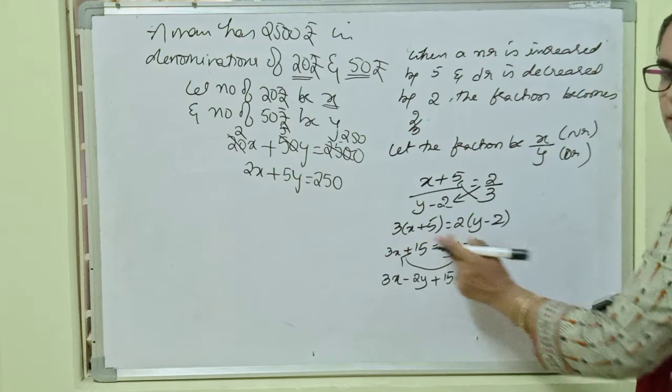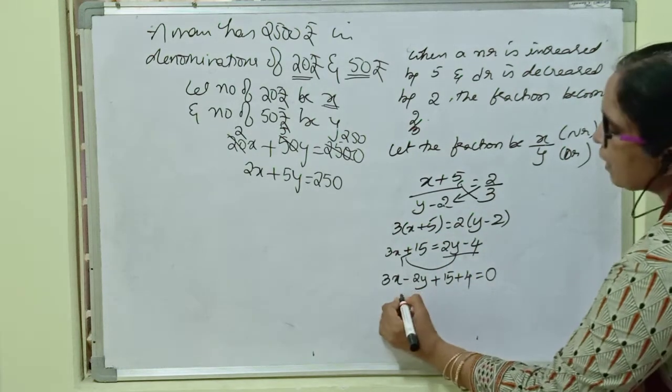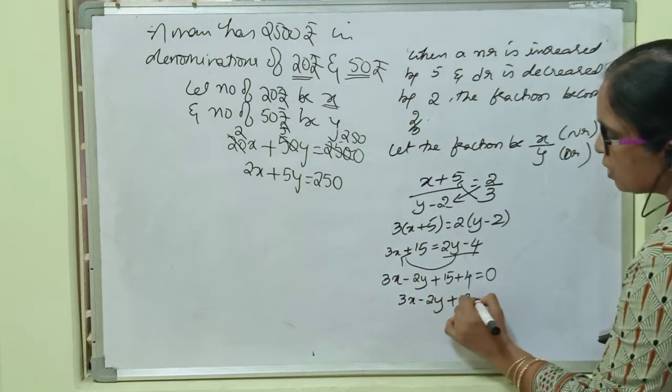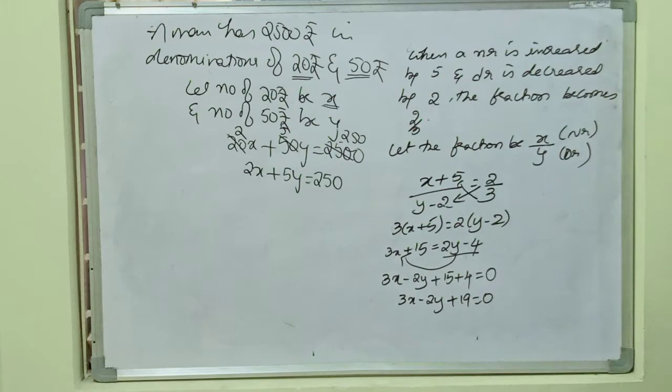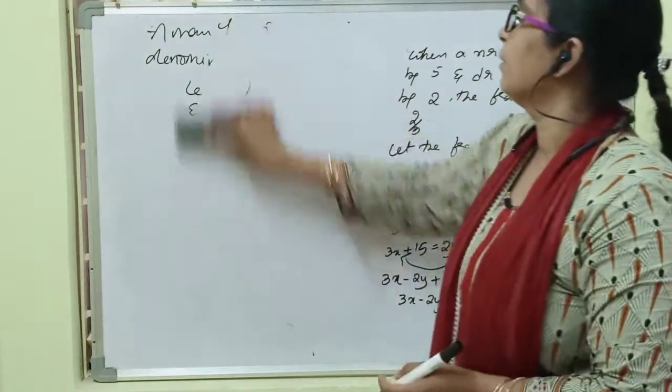Since I took all the terms to this side, the RHS is 0. So we are left with 3x minus 2y plus 15 plus 4, that is plus 19, equal to 0. This is one type of the model. Okay. Now let's see one more example where